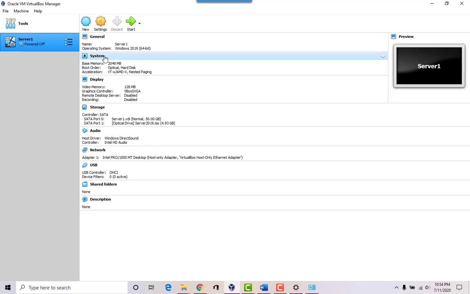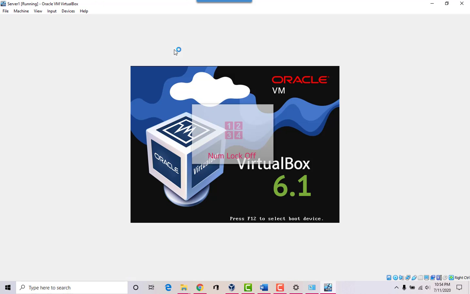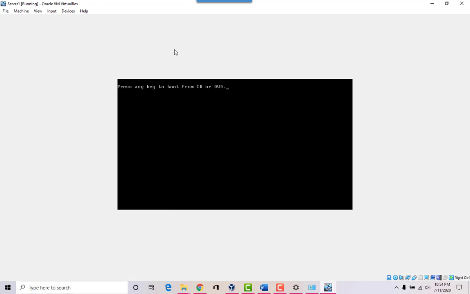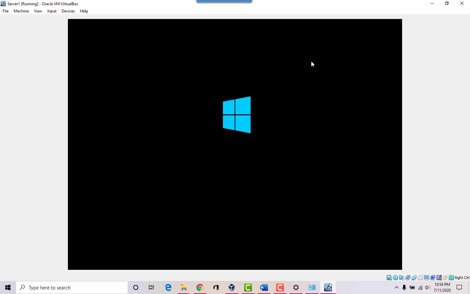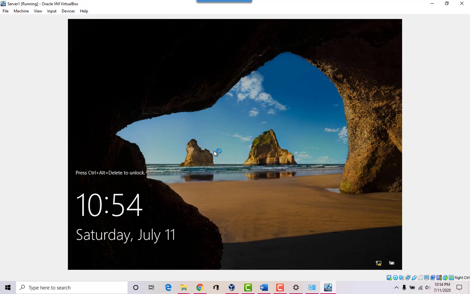Alright, so let's boot up our server again. Let's go back to VirtualBox, start our good old server here, and we're going to promote it to become a domain controller. And this should be booting up pretty quickly here. It's actually very quick considering we're only allocating a couple of gigs of RAM and a little bit of hard drive space.